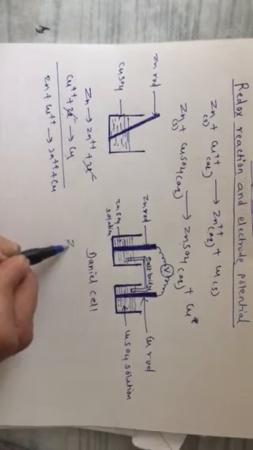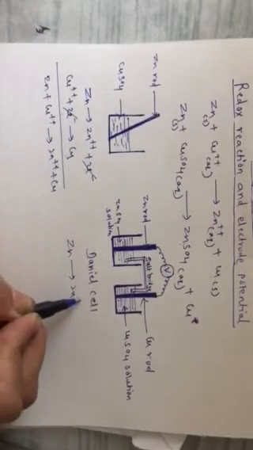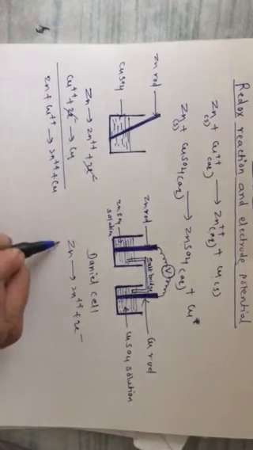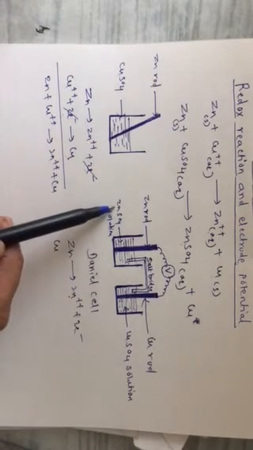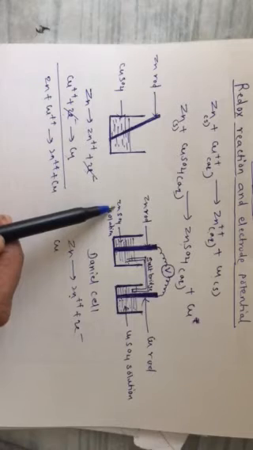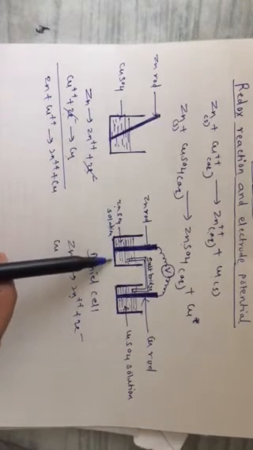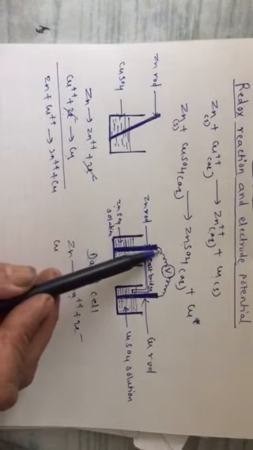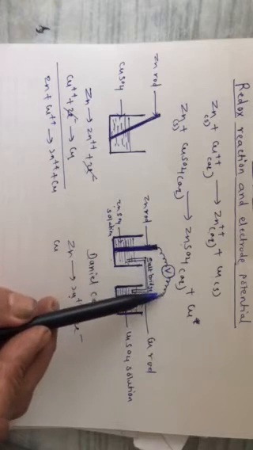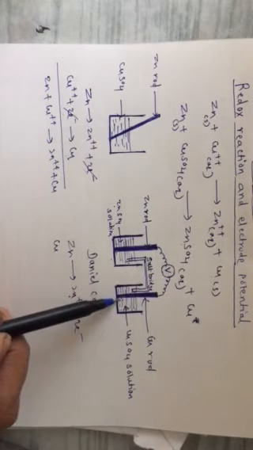In the zinc half cell, Zn gives Zn2+ plus 2e−. That means the zinc rod is going to give Zn2+ ions in solution. Already there are Zn2+ ions from zinc sulfate also. In addition to that, some ions will come from the zinc rod. Electrons will be given. These electrons will transfer in the external circuit through the metallic wire to the copper half cell.